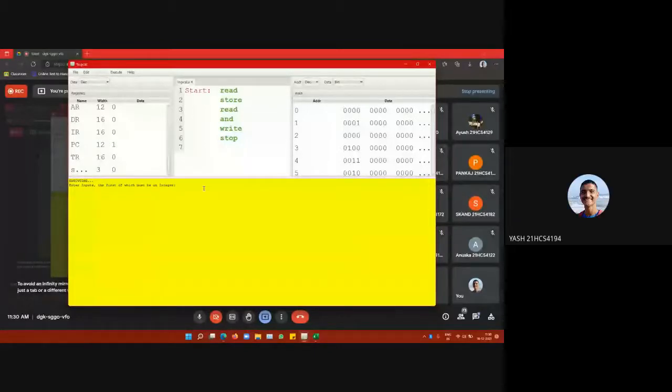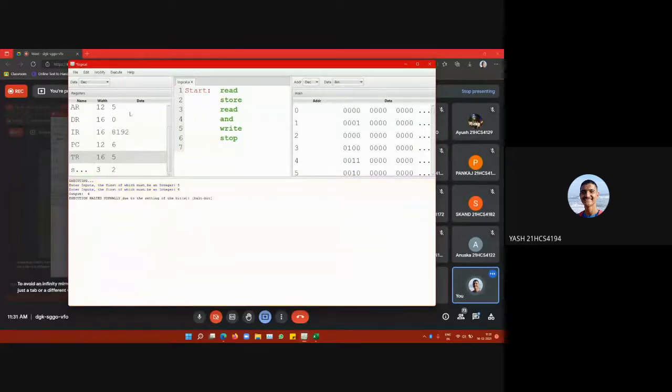Okay, so I will be doing all the operations on two numbers. I will be taking the numbers as 5 and 6 so that I can explain every operation later on. If I give the first number as 5, we can see that in the TR here it got stored, and then I take the second number as 6. 6 would be stored in the AR. Then it will be doing the bitwise AND operation, and the output shows 4. It is working fine since 5 and 6 on the bitwise level will give output 4.